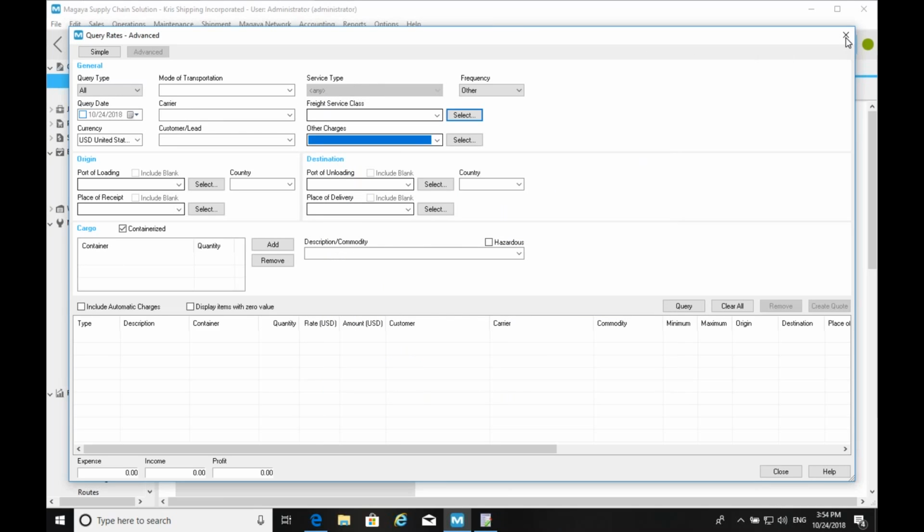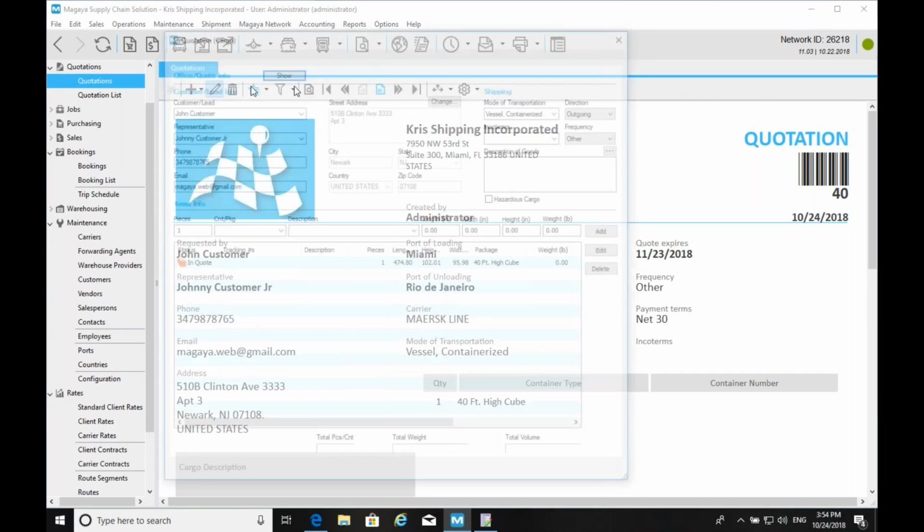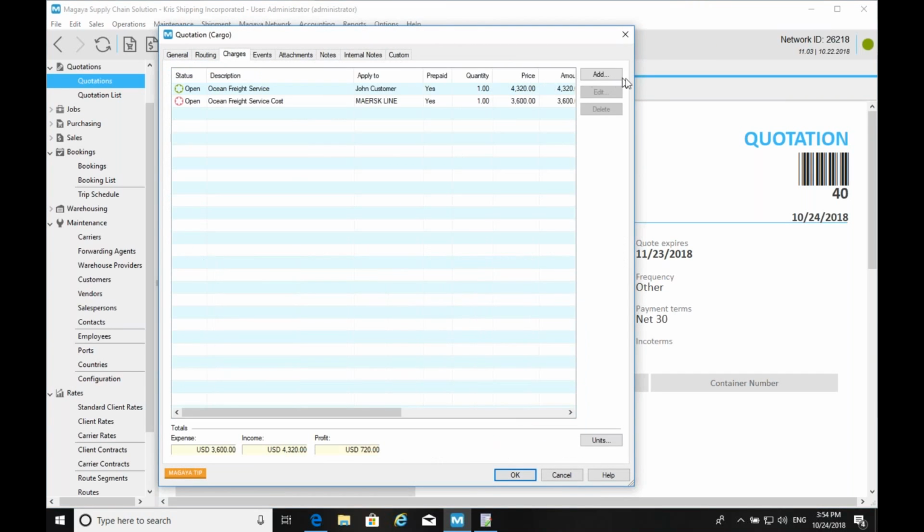Another interesting feature that we actually added is that on ocean specifically, you can now add ground freight charges. If you go and look, this is new. In version 11, the income and expense charge menu has one more option specifically for the ocean mode of transportation.